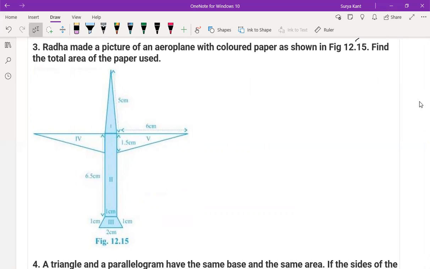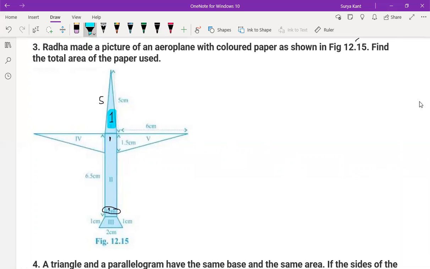Total, you should find the area. See children, the first part of it is this one. What I'm writing here is to try to just get it. This is the first part, 5, 5, and this is 1 centimeter. See, down here they have mentioned 1 centimeter. Okay, so this is also 1 centimeter. So you can find this one first. So this is the first area.